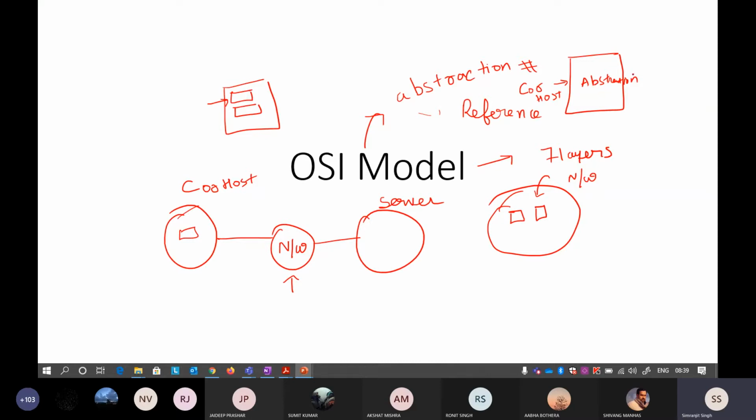We do not want that, because I do not want any user to know the complexities of the system and how the networking works. The client is thinking that he just pushed a button and got the output. I do not want them to know about the complexities of the system. So this layer of abstraction is provided by your OSI reference model. It is also called the OSI reference model, or the ISO OSI reference model.